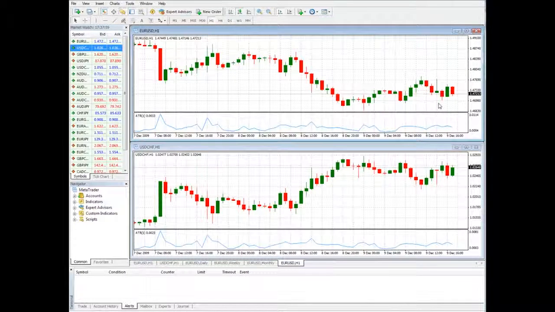Okay. So here's something interesting. We're actually going to place a trade, and we're going to use correlation to help us out. And I'll show you how you can do that. There are ways that you can offset your risk by using correlation that are very, very handy. So here, let's take a look here. Now let's see. Let's say we wanted to